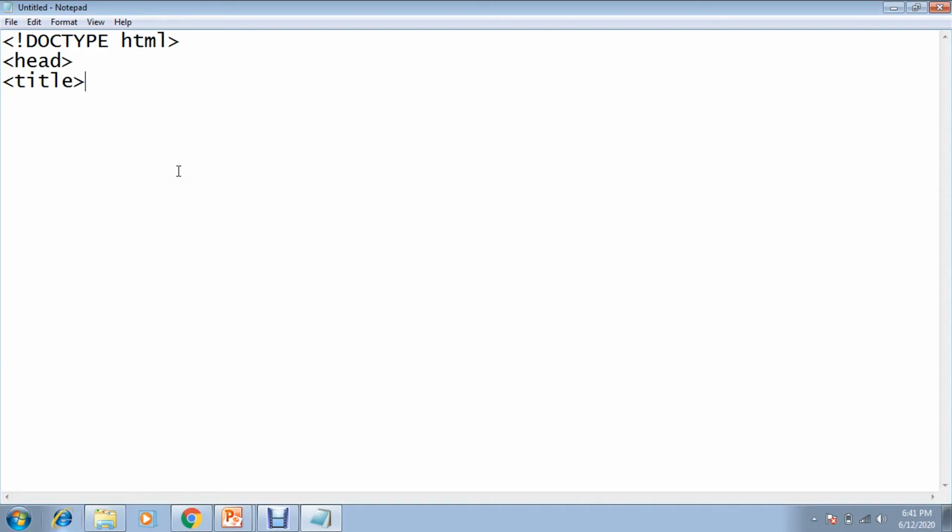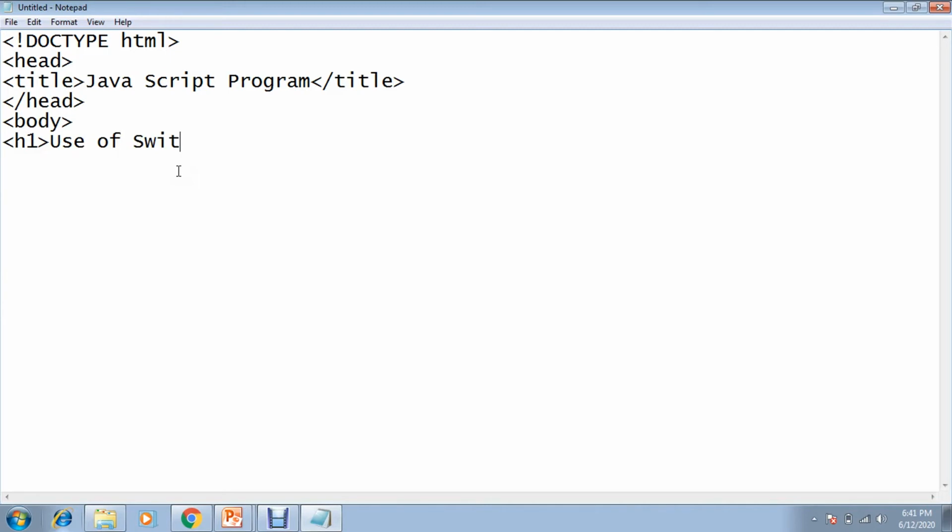Write down the title as JavaScript program. Close the title tag, then close the head tag. After that, open the body tag. Now use the h1 tag and write down "Use of switch case". Close the h1 tag.